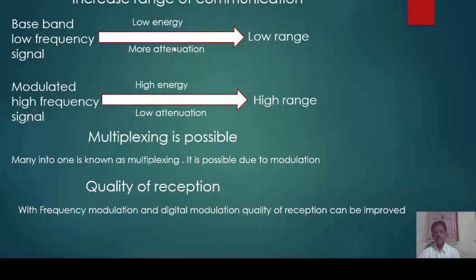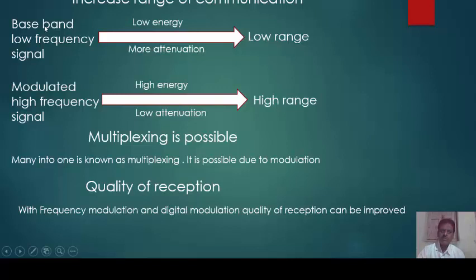Now let us see the next advantage, that is, increase the range of communication. And range means what? Distance. How much distance the signal can travel from one place to another place. When we are sending the signal from one place to another place, it travels some distance, and that is known as the range. And here the range is increased with the help of modulation. Suppose this is the baseband signal, and the baseband signal is a very low frequency signal. If we send the baseband signal as it is from one place to another place, it can travel a very low